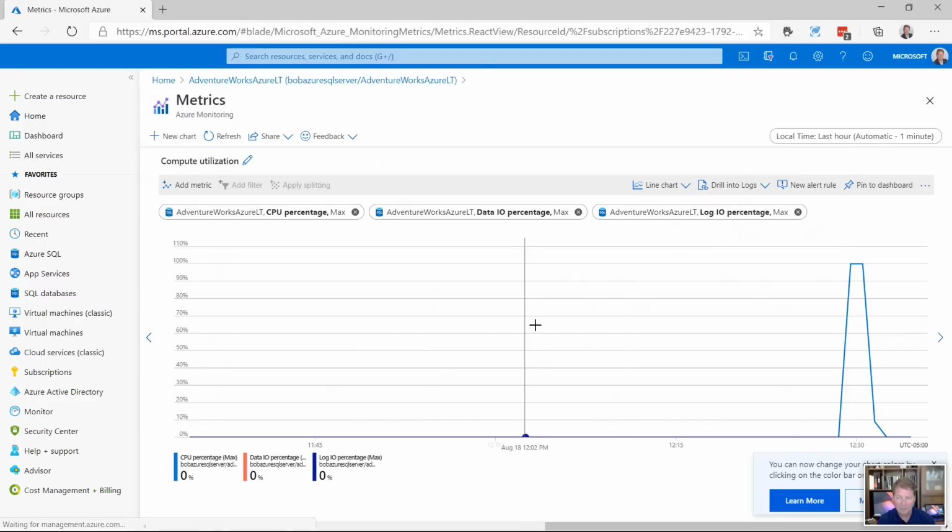I can even do things like this. I can kind of drill into it with Azure metrics. I can add more charts to it. This is us using the Azure Monitor infrastructure and how Azure Database snaps into that so that you can monitor things outside. You can set alerts on this. I could have set up an alert to say, hey, if CPU percentage is 100% or near 100% for like a minute, send me an email or text me. That way I can kind of be alerted of a particular problem.